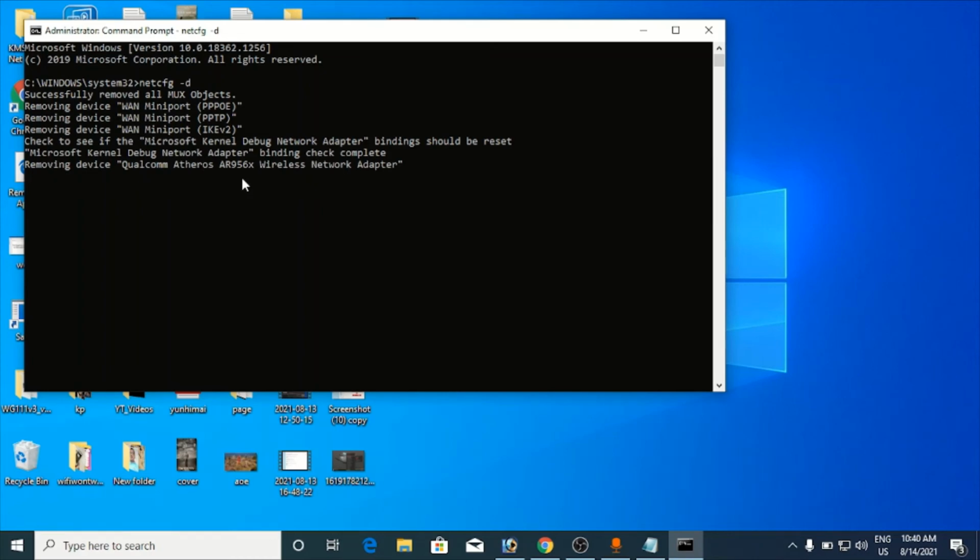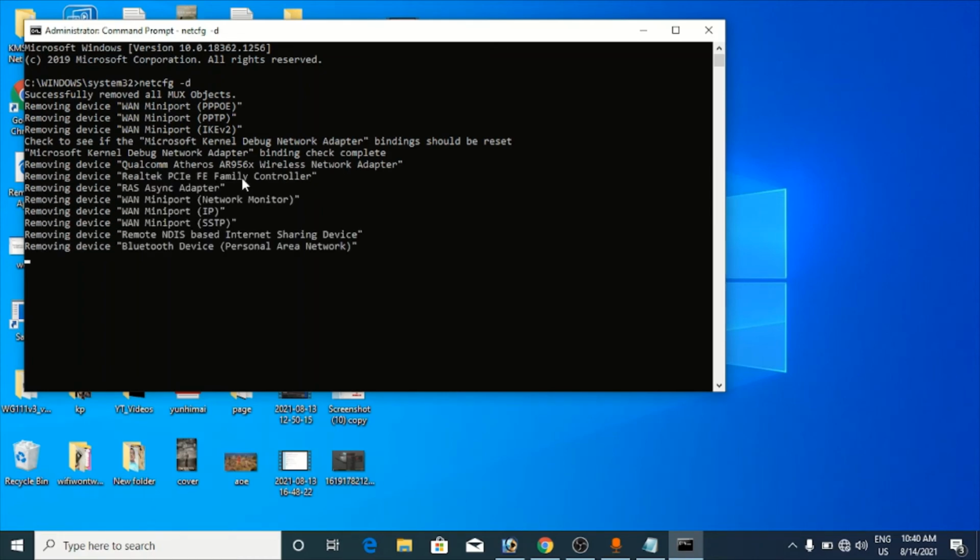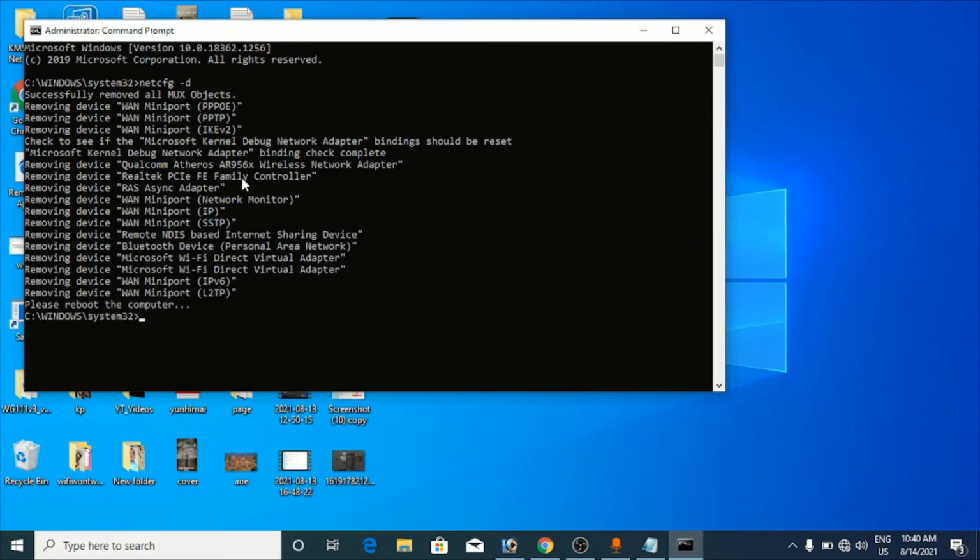Now it will do something. That is saying to reboot my computer. Please reboot the computer. So once you restart your computer, it will fix all the network problems including the wireless adapter problem.